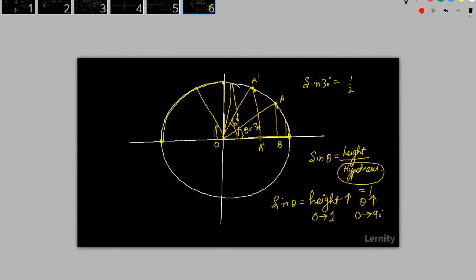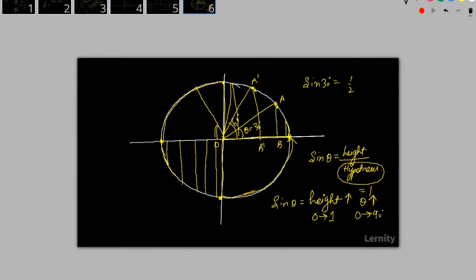Then again, when I am moving in the downward direction, the height is 0 and it is moving from 0 to negative. So here it is, suppose negative 0.2, negative 0.3, negative 0.4, negative 0.5, negative 0.6 and so on. The maximum height here will be -1, the maximum in terms of magnitude. So it will go to here, then again it will come back to the original position, and again come back to 0.